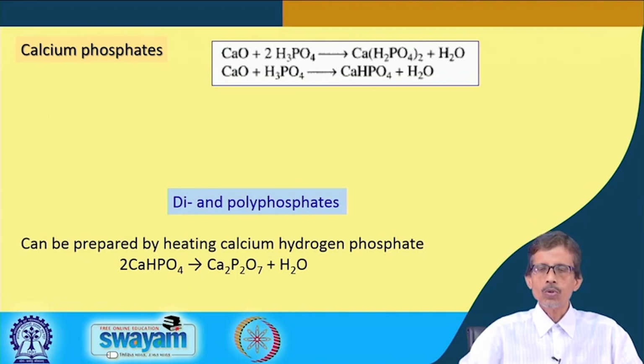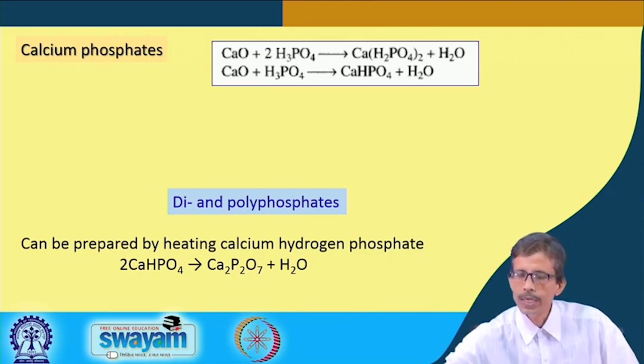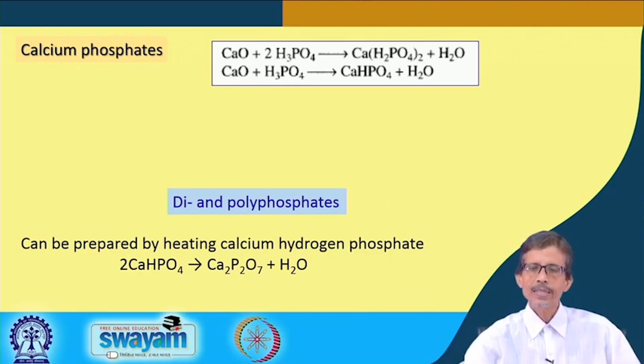So the source is also known to us and is cheaply available. So when that calcium oxide is directly utilized for its reaction with phosphoric acid, we can get the calcium salt, a typical one being Ca(H2PO4)2, or a 1:1 reaction will give you a calcium hydrogen